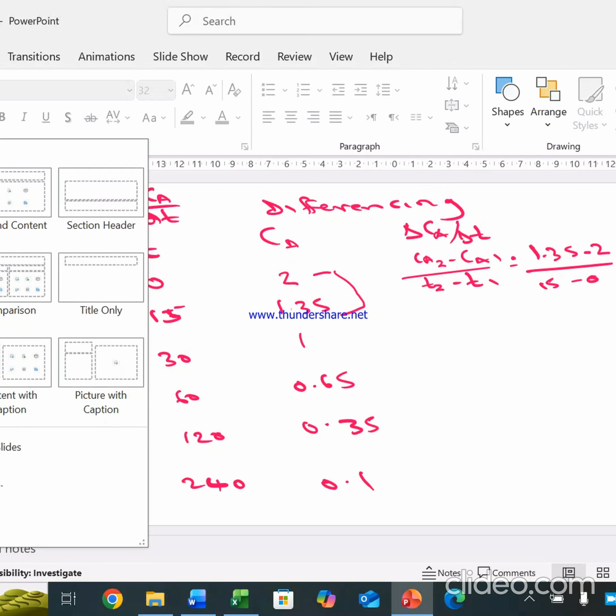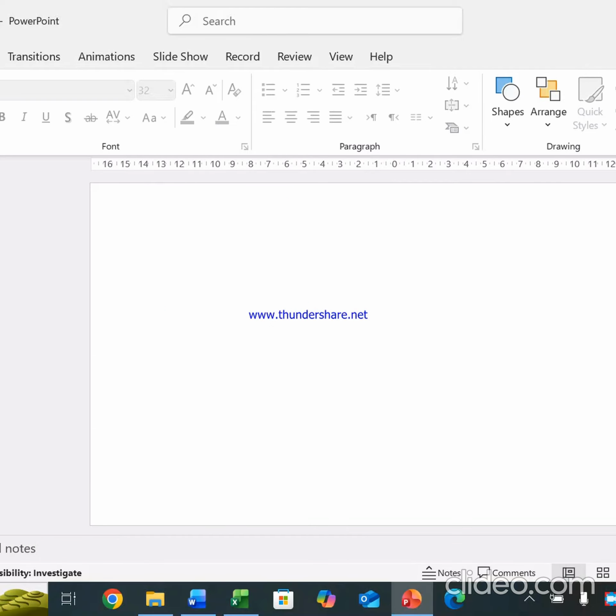So it's going to be minus delta Ca over delta T multiplied by 100. That's going to give us 4.33. Remember, we have multiplied by 100, so we need to divide it at the end of the day. Then 2.33,